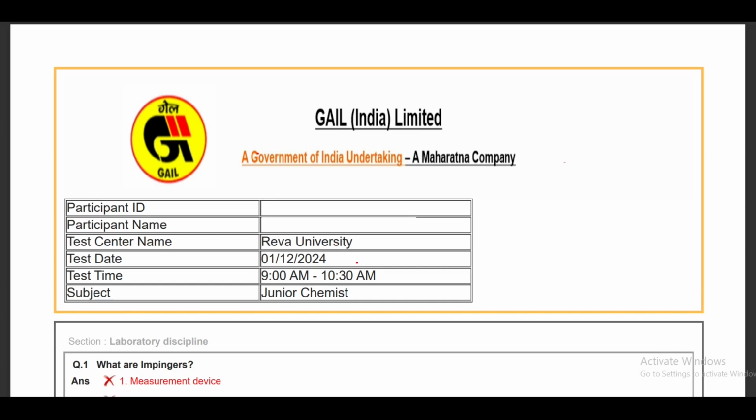As I promised you, today I'm going to solve a question paper of an exam which was conducted by GAIL. GAIL is Gas Authority of India Limited, a well recognized company in India, and this exam was conducted by GAIL on 1st December for the post of junior chemist. Some students were requesting me to solve this question paper, so now I will upload some videos,